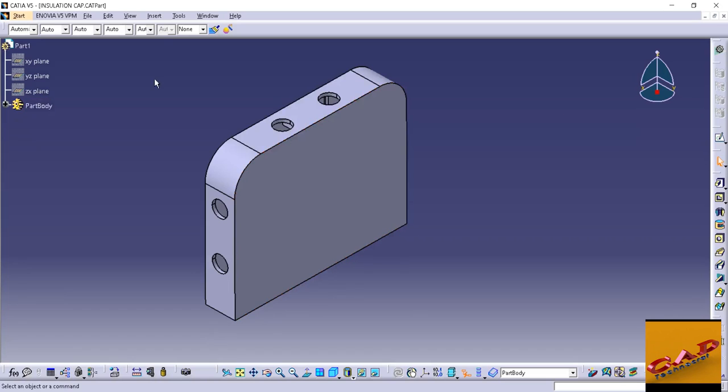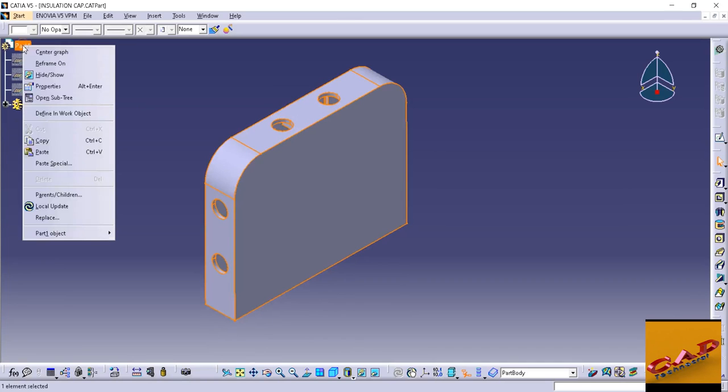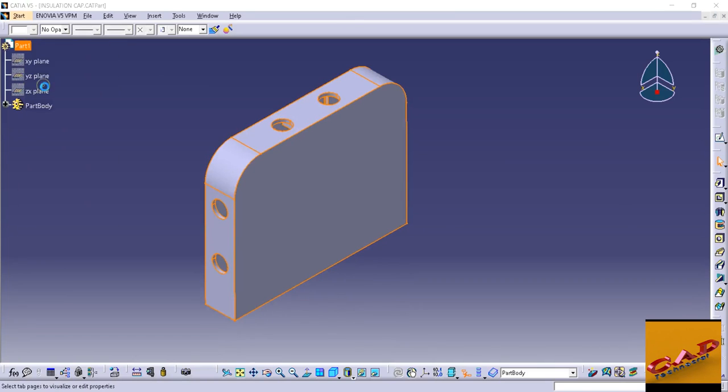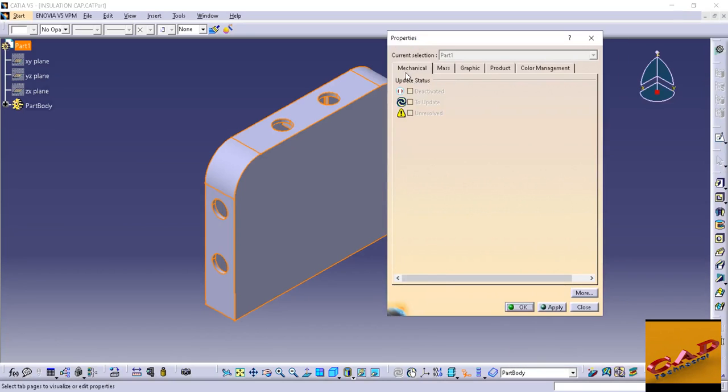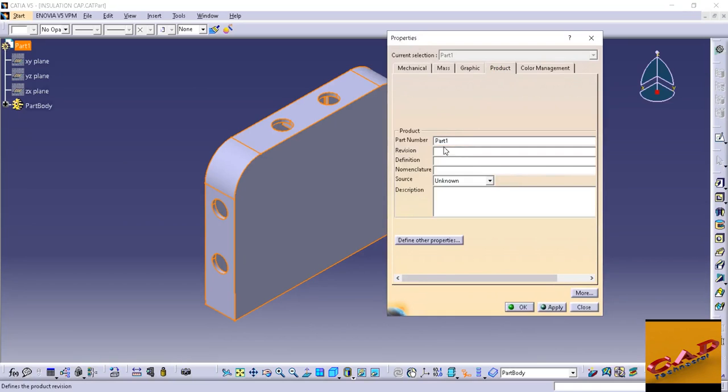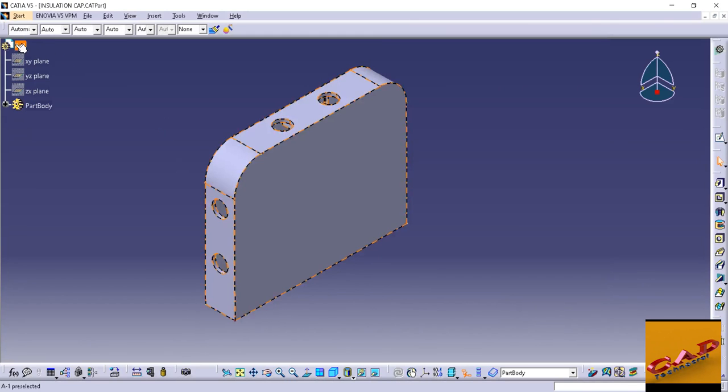Okay, if you want to change the name of your object, of your part, just right click on this and go to Properties, and you can see here there are lots of options: Mechanical, Mass, Graphic, Product. So just click on Product. Okay, if I want to change the name of my object, suppose I give the name A-1 and then click on OK. So you can see the name has been changed.